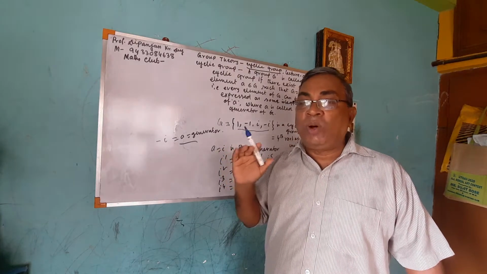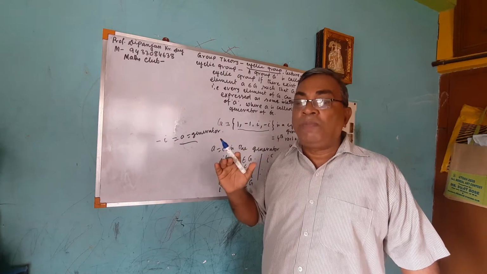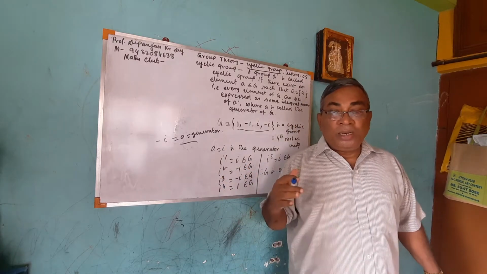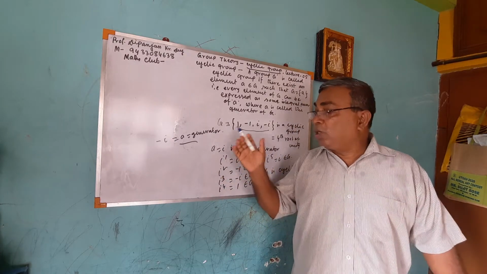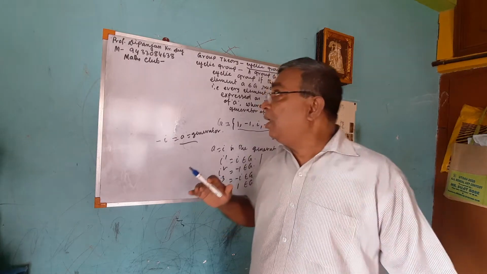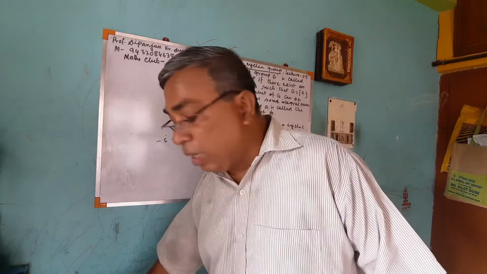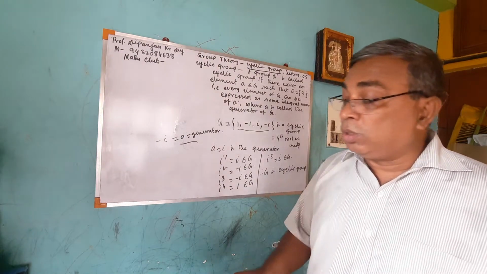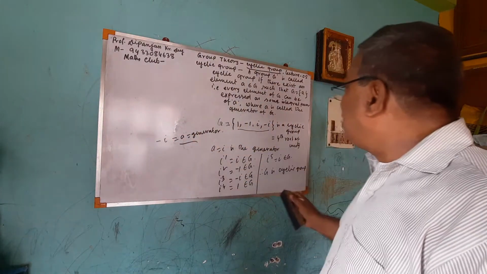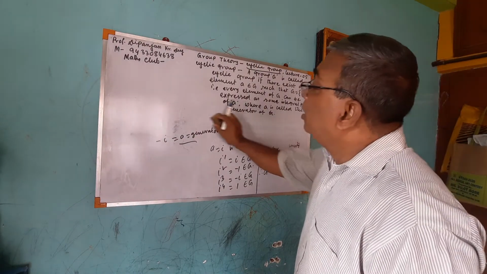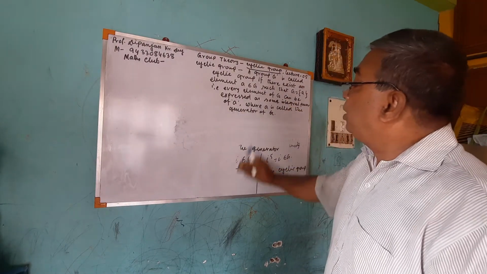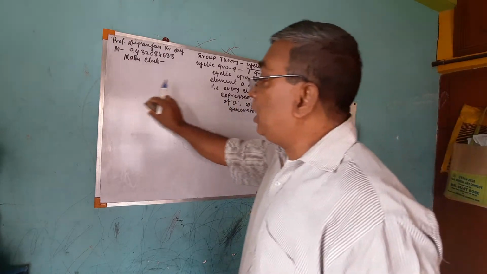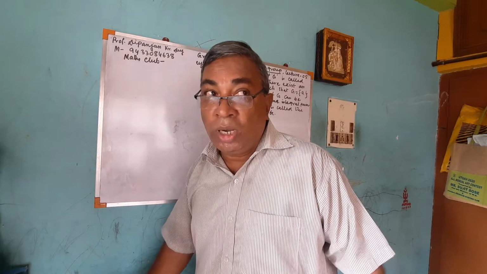If you find at least one element which is the generator of G, that is, integral powers of that element give results belonging to G, then we can say it is a cyclic group. Okay, let's see another example. If I give another example, then you will understand clearly. This is a very, very important proof that G equal to {1, -1, i, -i} is a cyclic group. Sometimes the question will come like this.